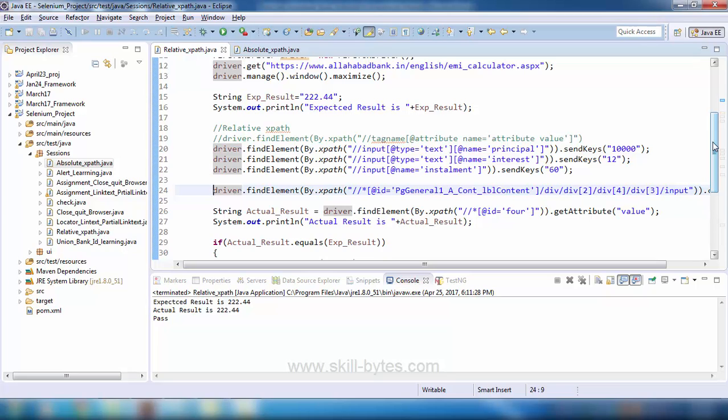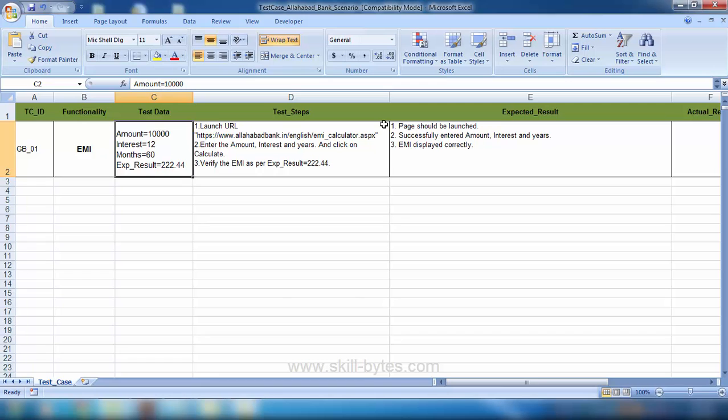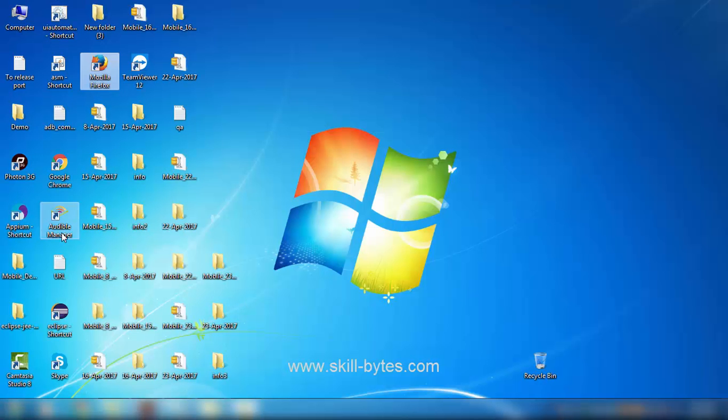Now the next question generally people have is which one to use, whether to use absolute XPath or relative XPath. For that, the answer would be always go with relative XPath, because what happens is supposedly